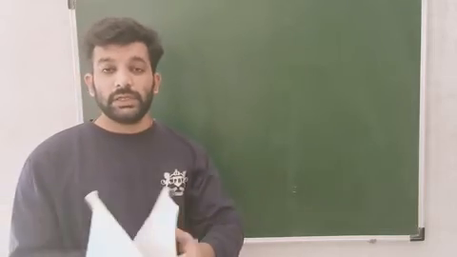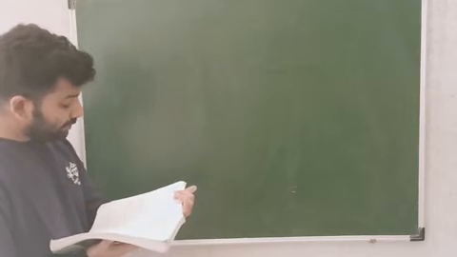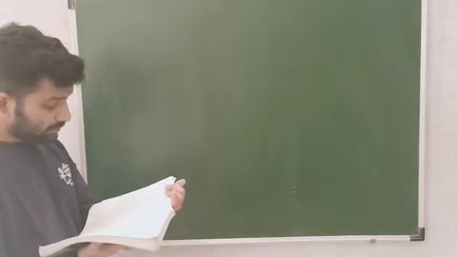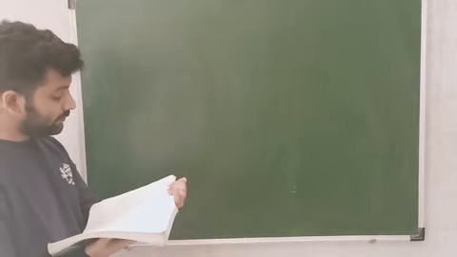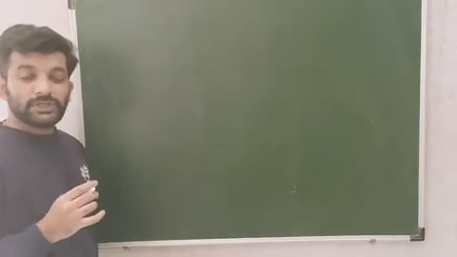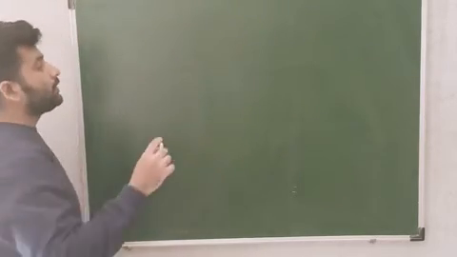Now we have to find out the total number of atoms, right? Calculate the number of atoms present in 52 gram of crystalline unit. Now first we will need to find out the number of unit cells present in 52 gram.